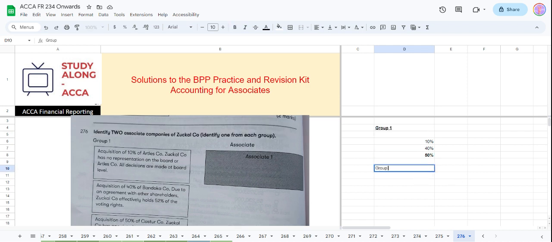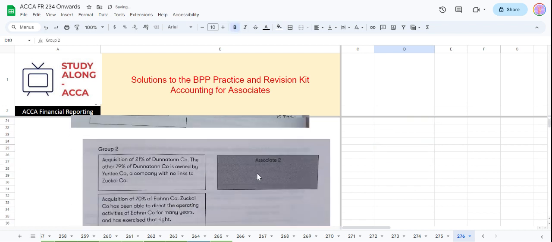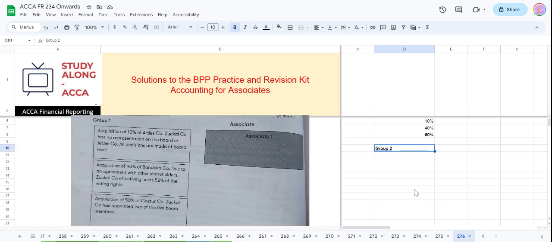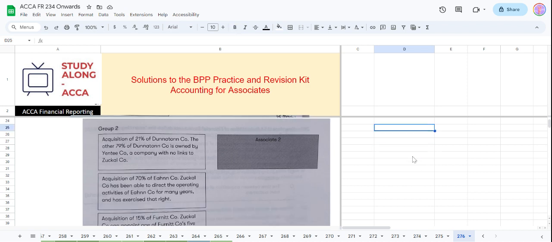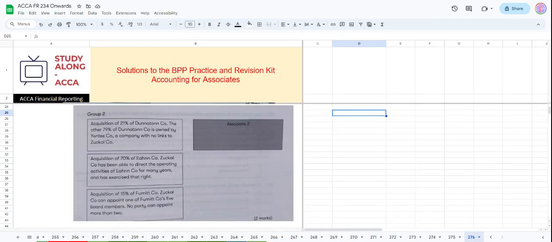In group 2, what they are saying, acquisition of 21% of D company. We can look at this now. 21%, 70%, 15%. So this is the percentage of the shareholding, the ownership percentage. Then there is significant influence, and then there is decision making